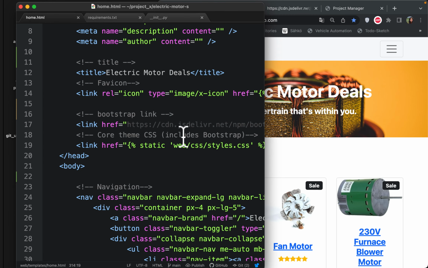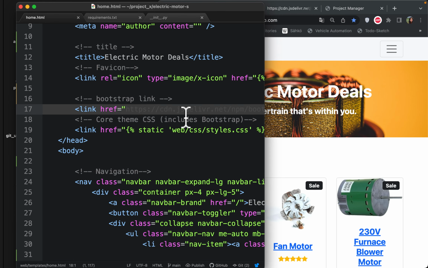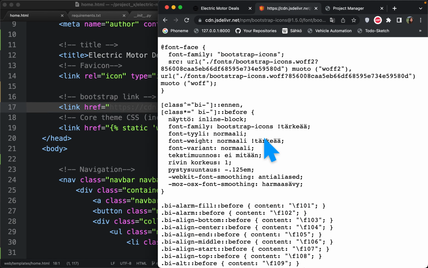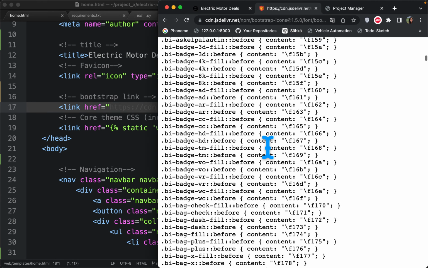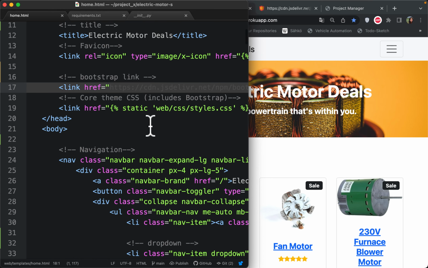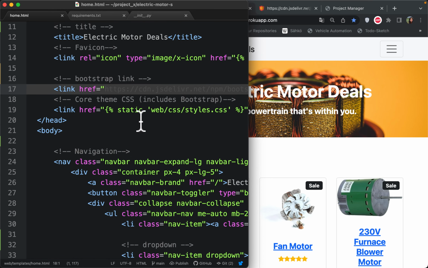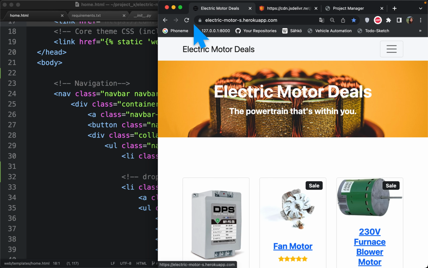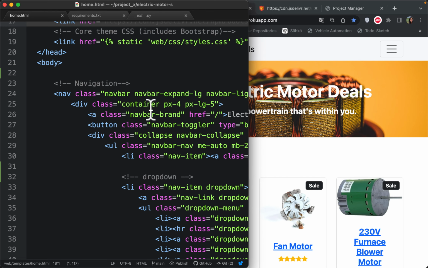And we have the title, and this is the link to the Bootstrap that we're using. And the Bootstrap is basically looking like this. And we're going to need to do some modifications on top of that. And we put the static file location here. And on the top, we're going to have a navigation bar where you can have the